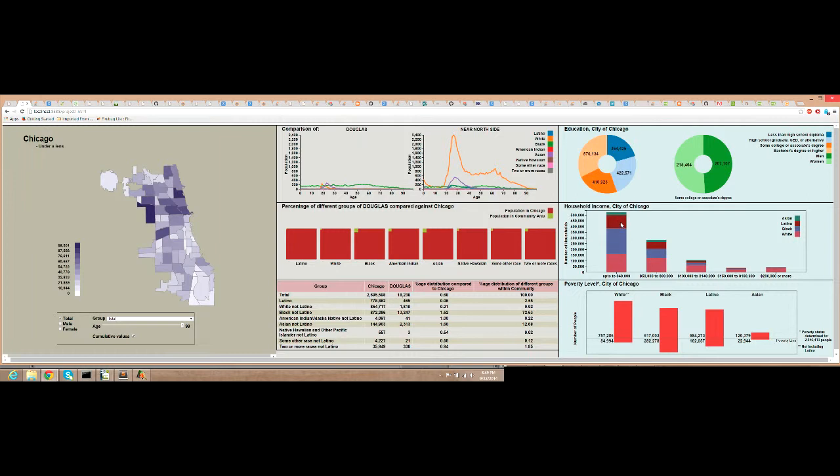At the bottom, I have created a static bar chart that shows the poverty situation in Chicago. Instead of going for a typical X-Y axis kind of a graph, I have taken the concept of above and below the line as the main idea for this graph, where each bar represents the total number of people of a particular group in Chicago, and the vertical positioning of the bars is done such that the height of the bars above the line representing the poverty line is proportionate to the number of people who are above the poverty line for